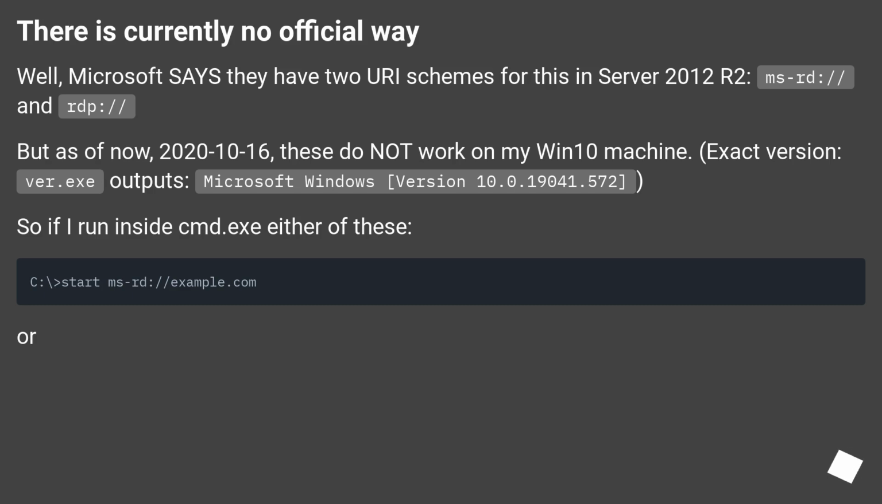There is currently no official way. Well, Microsoft says they have two URI schemes for this in Server 2012 R2, ms-rd:// and rdp://. But as of now, the 16th of October 2020, these do not work on my Win 10 machine. Exact version, ver.exe, outputs Microsoft Windows, version